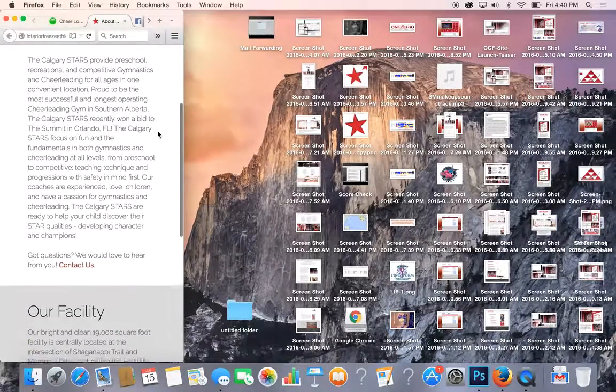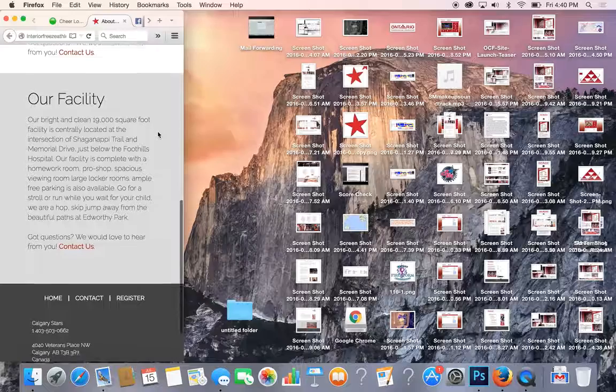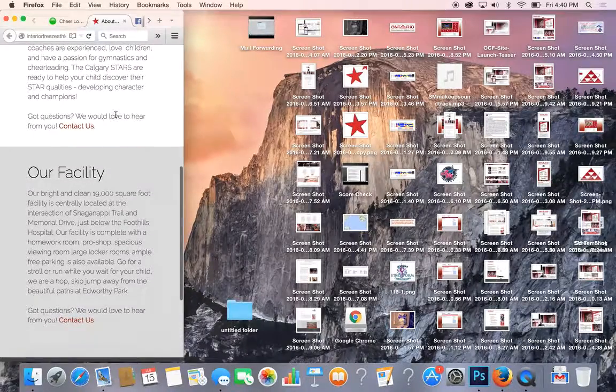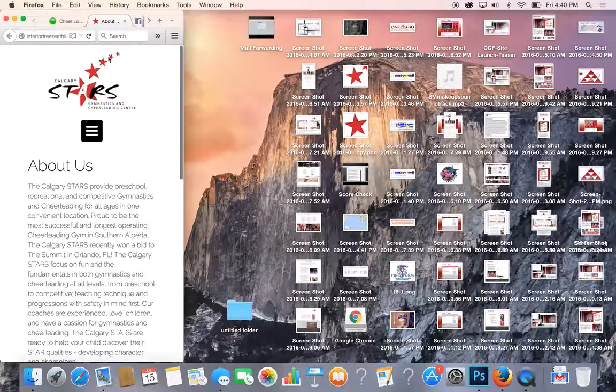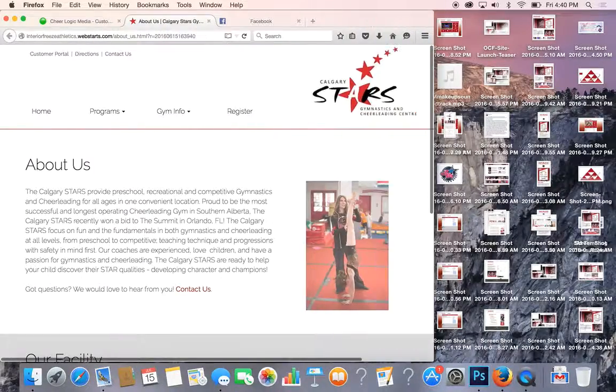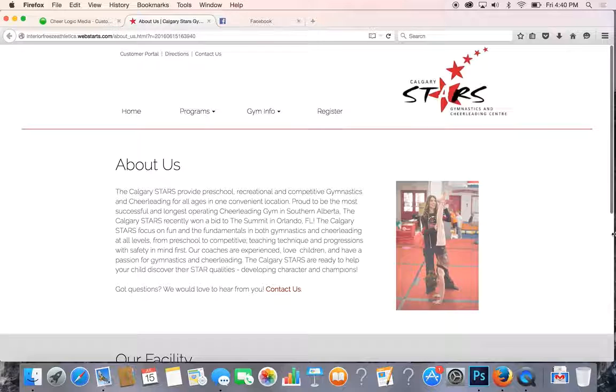And now it's reorganized the content the way that you've told it to, and it's actually hidden those pictures so they don't show up. And this is what it will look like when it shows up on things like small tablets and cell phones. So if you have any questions about how to mobile optimize your content, get in touch